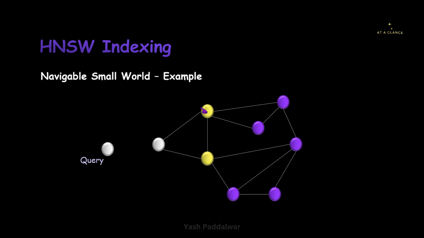Now let's say that from these two neighboring nodes, this particular neighboring node is more similar to the query vector than the current node. So we'll simply name this node as the current node now. Once we are here, we have new neighboring nodes. Now pause the video and tell me which are the new neighboring nodes for this particular node.